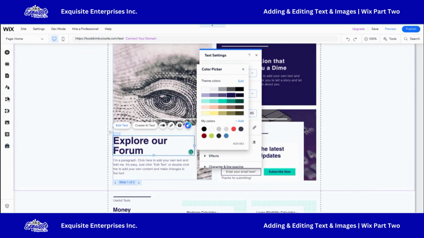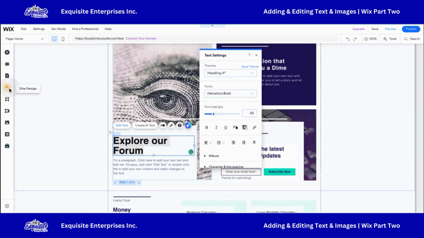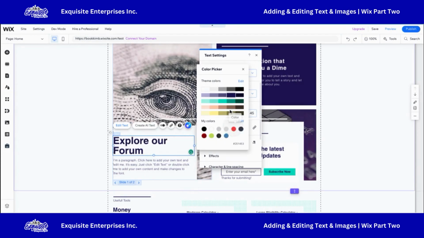on the left hand side right here where you see that same icon that we saw in text settings, this is where you can update your site design and set those color preferences, just to make sure that your entire site is sticking to the particular color codes that you might have in mind. When you're setting those colors, the same color picker window is going to come up. They usually always have some basic options here, some random color options,